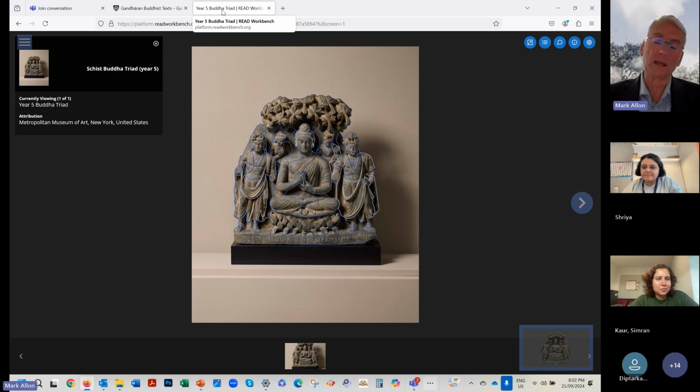Most people in Pakistan would not be able to access scholarly publications or know much about this heritage. There are local Pakistan publications, but these are ways by which leading edge scholarship can be made available to a much wider audience. So in some ways, we refer to this as digital repatriation. Like this object, it's in a private collection on loan to the Met Museum. It's unlikely to be returned to Pakistan. That's where it came from, but it can be digitally repatriated.